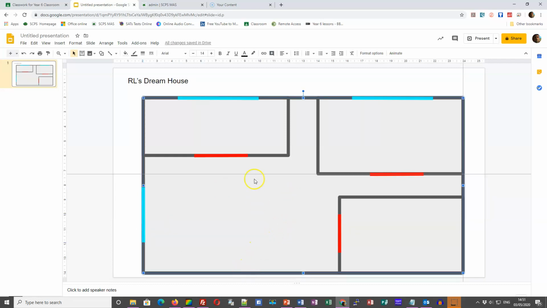I suppose we need a front door, so I better copy that. And then I guess it would be good, as a very big front door, it would be good just to